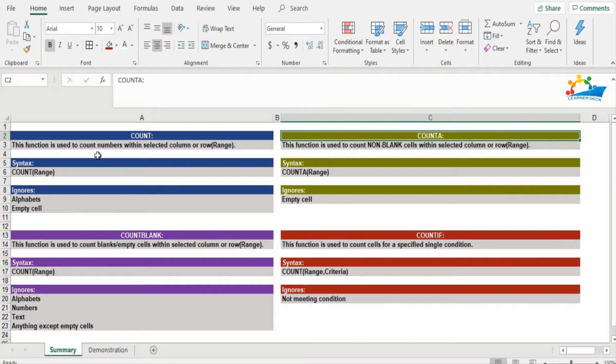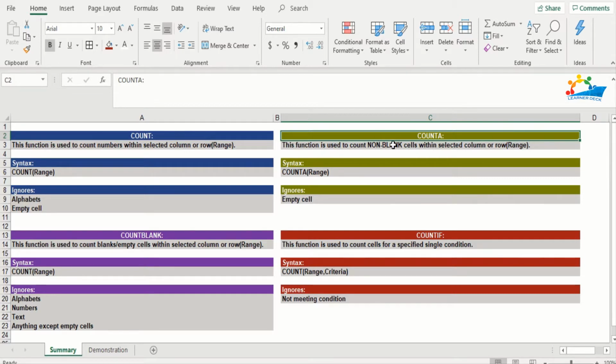So let's start. Count function is only used to calculate or to count the number of rows or columns that are called as range that have only numbers. So count will only return the count of numbers within your specified range, and it will ignore all the alphabets and empty cells.